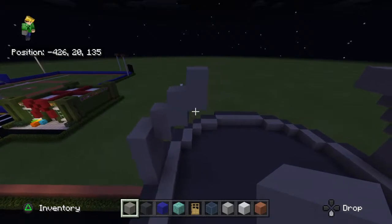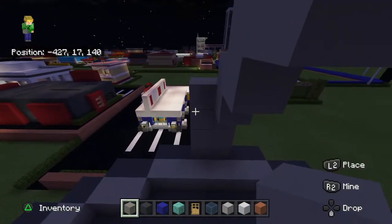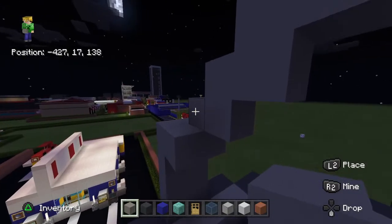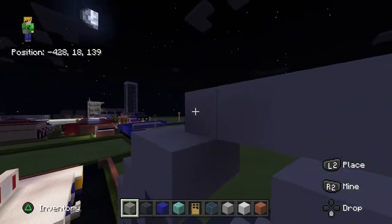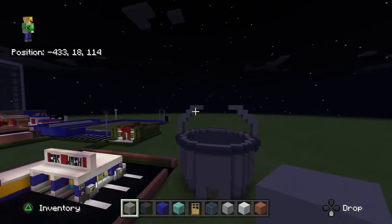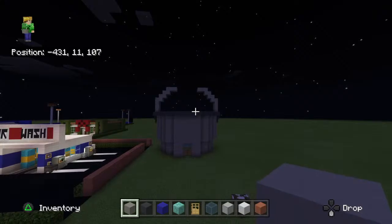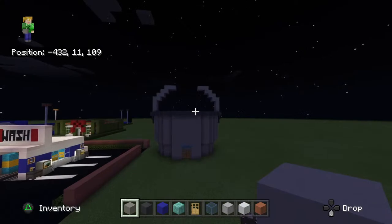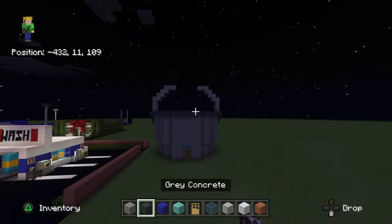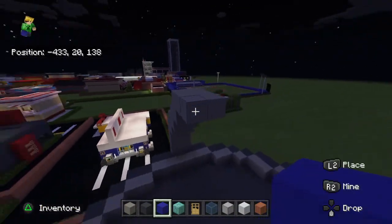Then in 1, 2, and we want to double up on that row. And all being well, we should have something that kind of looks like a beetle now. It's kind of weird. It almost reminds me of Plankton, except like a metal version of Plankton. It's got the eye, a similar-ish head shape, it's a bit flatter, and you've got the 2 antennae. Anyway, we want to join the light grey concrete together with a layer of blue concrete, left to right, just